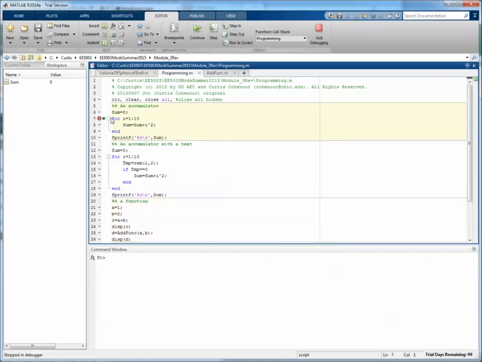And that's kind of nice because you can see that I have this variable called sum, which is now initialized to 0. But before I did that, I did a CLC, which clears the screen. I did a clear, which clears the memory. And I did a close all, which closes all the graphs. And so if you have a script or a mainline program, you want to do this at the beginning of every script that you write, because if you don't, you may go in here and say,